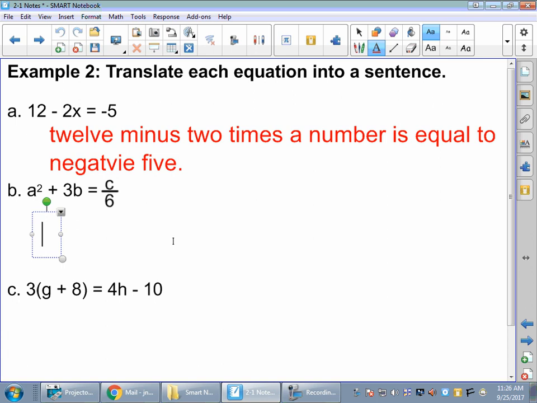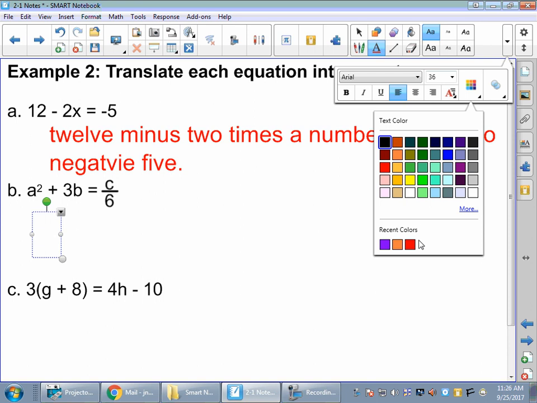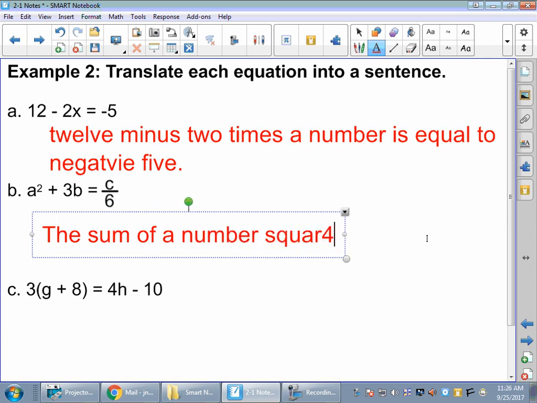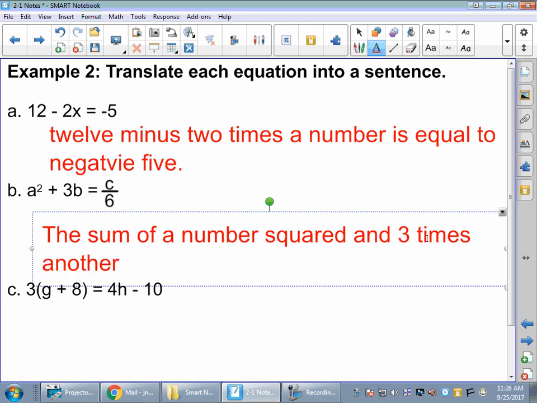Sometimes when you try to get too fancy, you tend to say something that you didn't mean. Now we're adding and multiplying, so I might say the addition might be the sum. Let me turn that to red real quick. There's my red. The sum of, now since I mentioned the addition, a number squared and 3 times another number is the same as